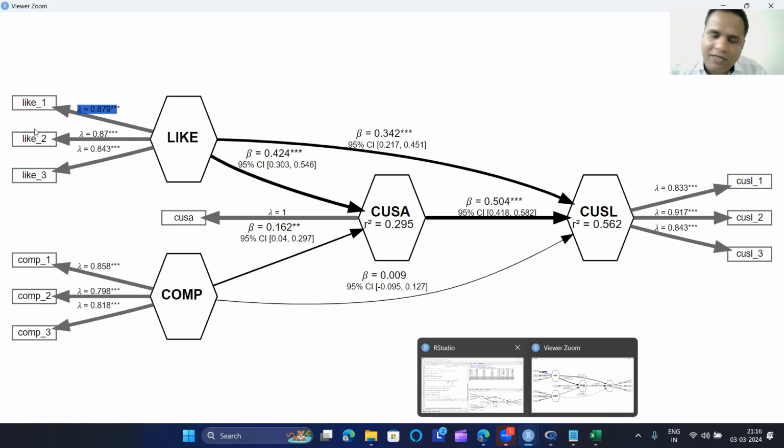And here in PLS-SEM, the technique is slightly different. That's why it is called composites. So the naming will have some slight difference, but if you try to understand, I am asking because